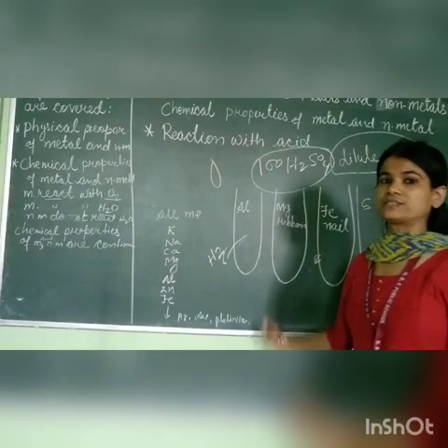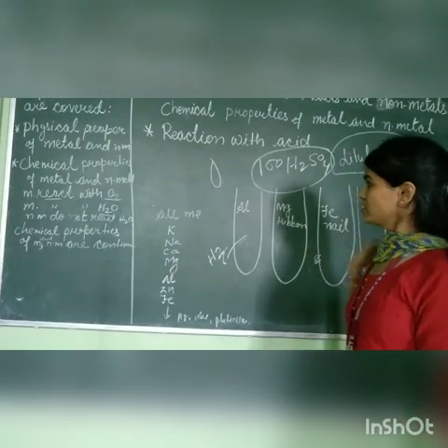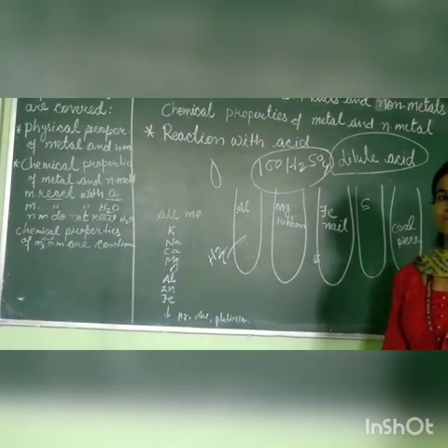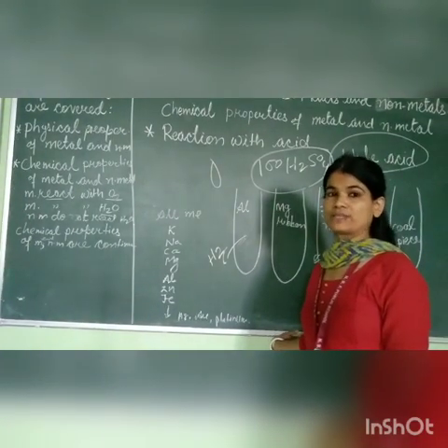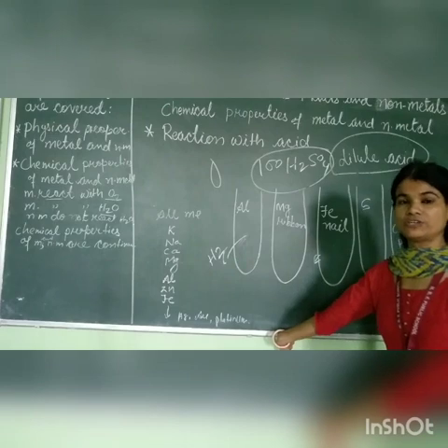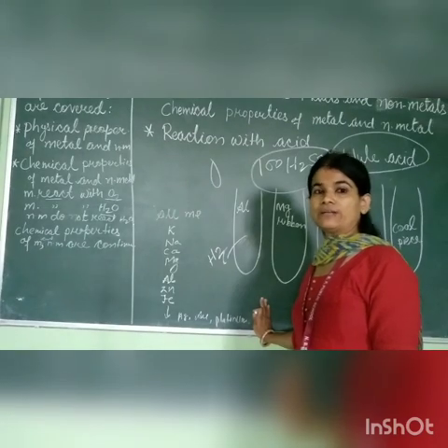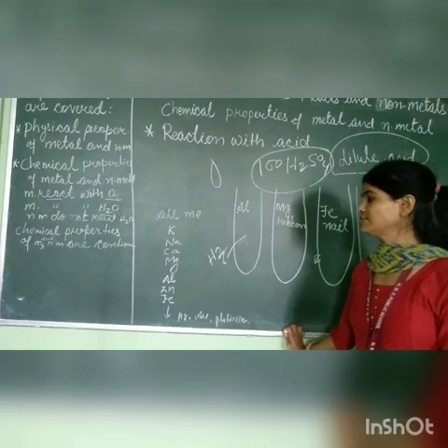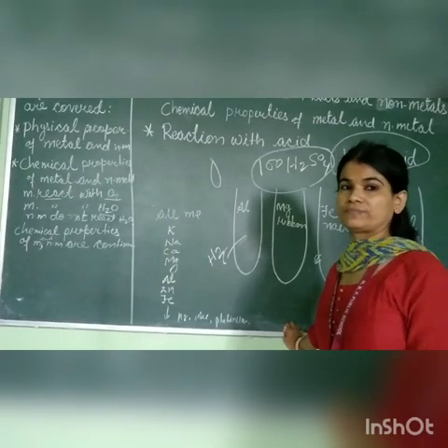It reacts with acid. Some are more reactive and some are less reactive. So according to this experiment, now we can understand the reactivity series of the metals. Scientists and people who are very strong in chemistry make a table that is known as the reactivity series. Reactivity series means the metal which is highly reactive is put at the top of the series, and the metal which is the least reactive is put at the bottom.